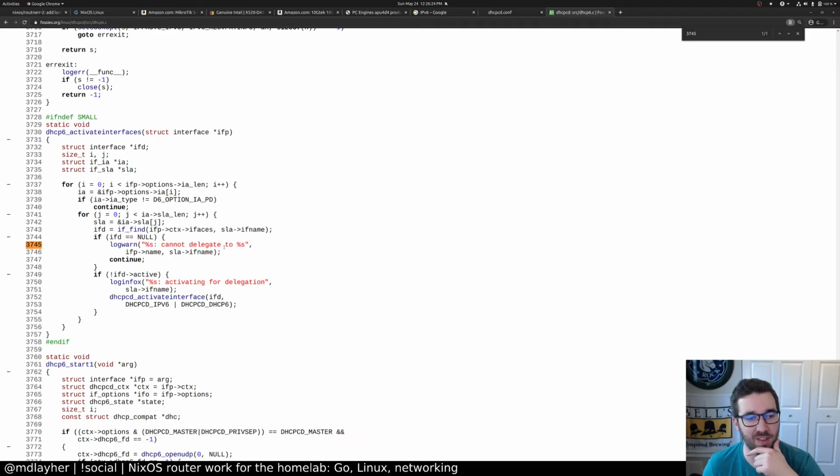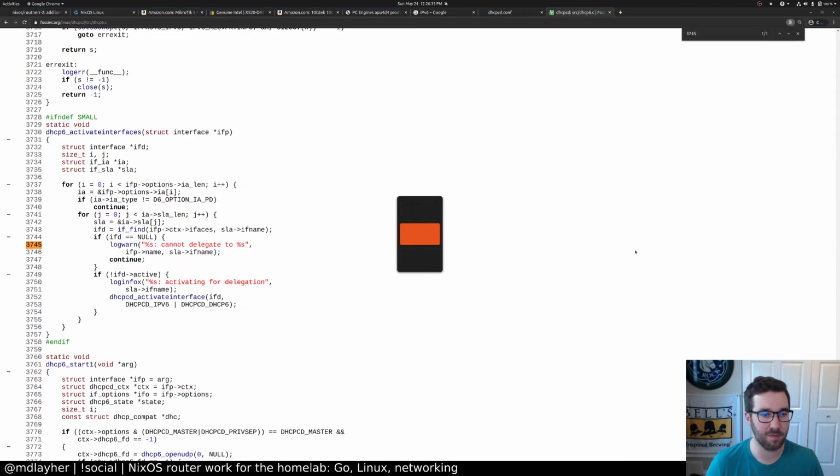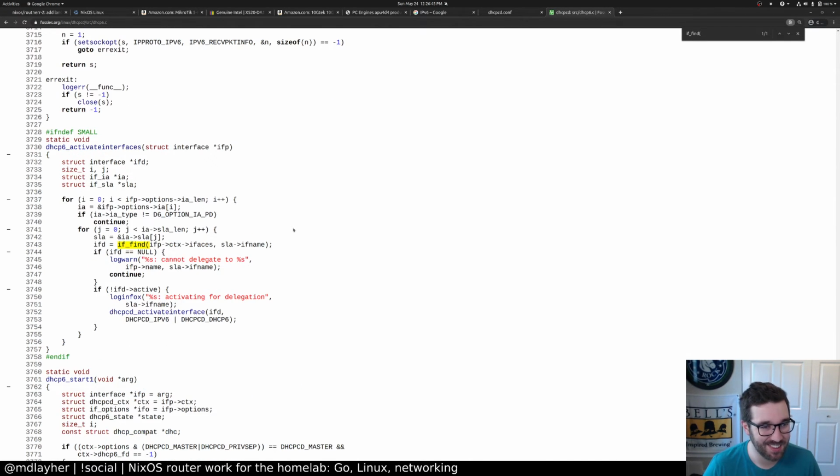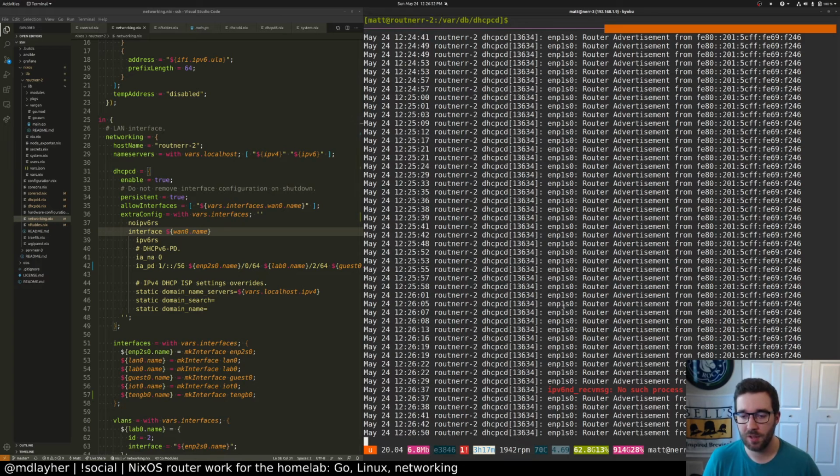So, "%s cannot delegate to %s." Sorry. So this interface cannot delegate to this interface: no such device or address. That doesn't make sense to me, though. So this if_find, here we go. Yeah, that's the... So I wonder...